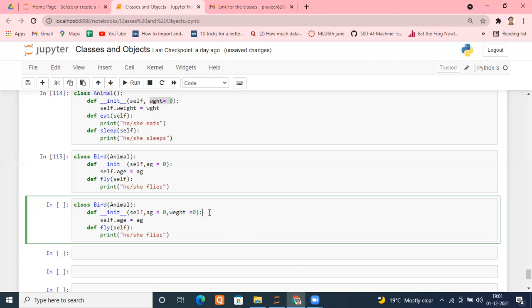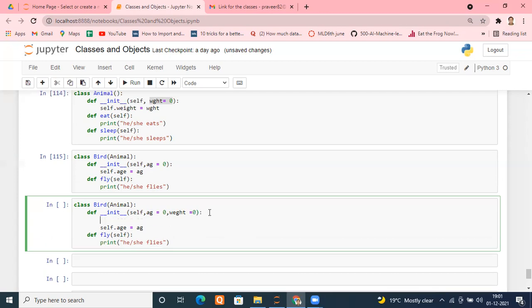Now after that, I'm going to use a method known as the super method, which will prevent this overriding. The constructor overriding which is happening, it will prevent that. So that is your super method. You will write it after this init line in your child class. Super means what? Who is the super class of this bird class? Super means parent class. So who is the parent class of this bird class? Which class is that? Animal, right? So it is saying super dot